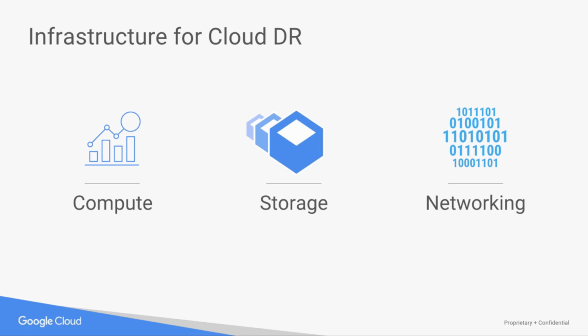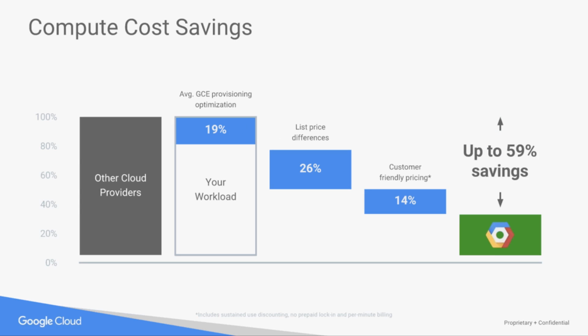And I'm only talking for a few minutes, so let me just quickly talk about things I think that you'll care about. First is compute. On the compute side of the house, you can save a significant amount of money as you move to Google's cloud. We've gotten extraordinarily good at driving down cost and increasing automation within our data centers. Plus, how we sell, how we price things tends to be different than most other vendors.